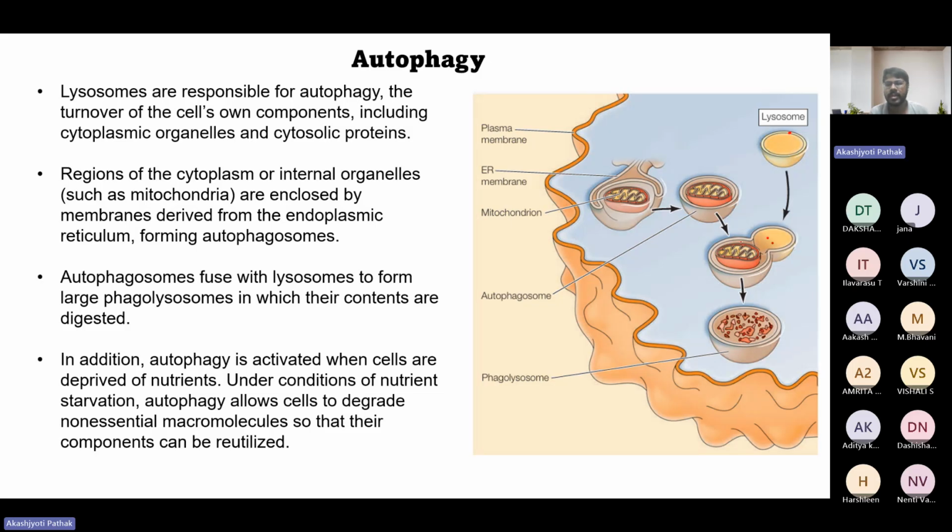It will destroy the protein components that are present in the mitochondria, the lipid components, the nucleic acid components. All these different components will be degraded because of the hydrolytic enzymes that are present in the lysosome, and in this way, it can clear off the worn out organelles or the organelles which have aged off. So the lysosomes are the organelles which are responsible for autophagy, and there is a lot of research also